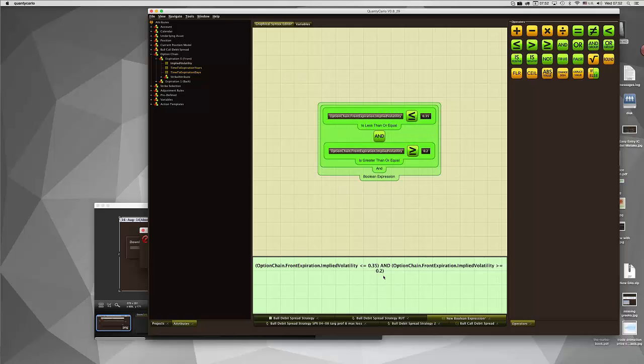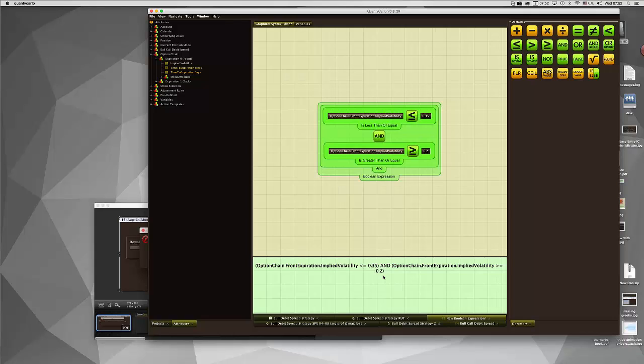As you continue to add indicators which would allow QuantyCarlo to explore credit spreads and debit spreads, and really all varieties of spreads, I think it just will get better and better. For example, in this particular case, you used Bollinger Bands. Some users, such as myself, might have done something like